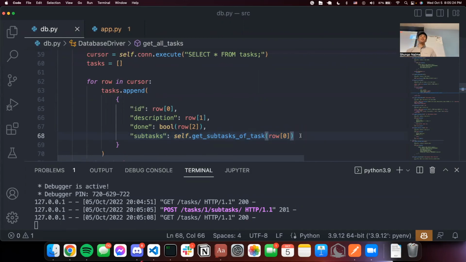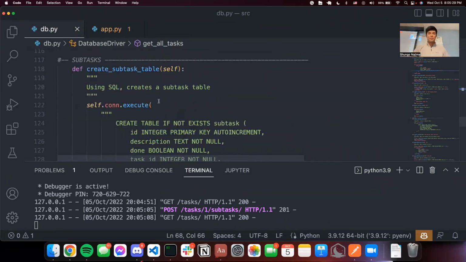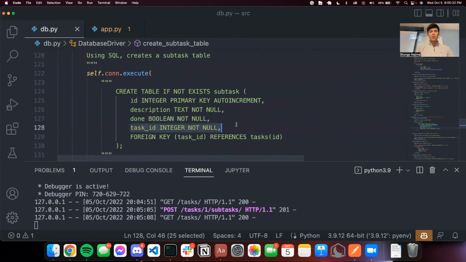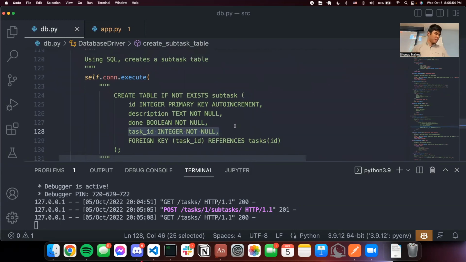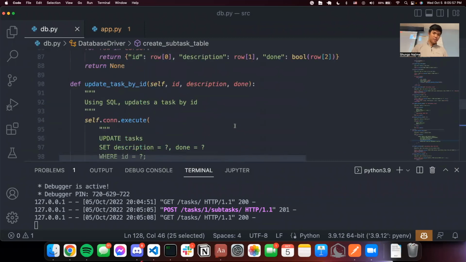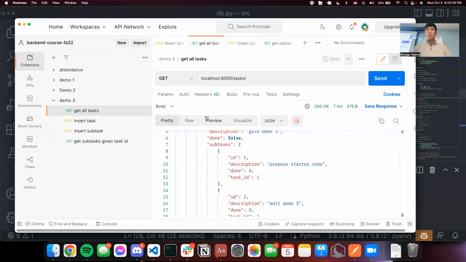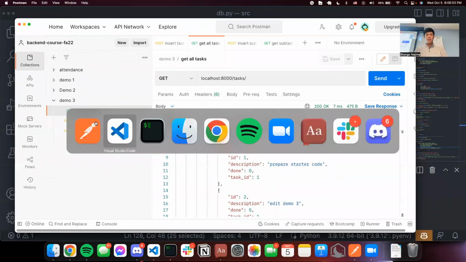Okay, so that was one-to-many, and the only difference between one-to-many and one-to-one is having a unique keyword here. But otherwise, many-to-many is something we'll cover next week, or not next week, but the week after fall break. So stay tuned for that. Any questions before we wrap up demo today? I think relatively this was a straightforward demo. Hopefully a lot of it was copied. Okay. Well, if we don't have any questions, we can just go ahead and get started with the